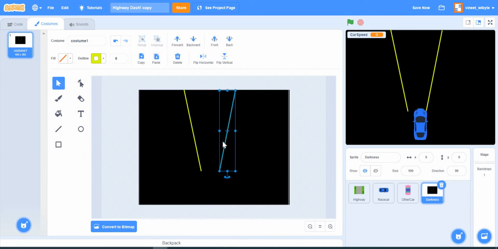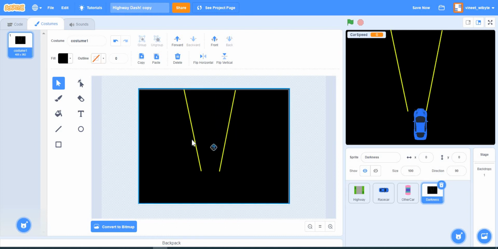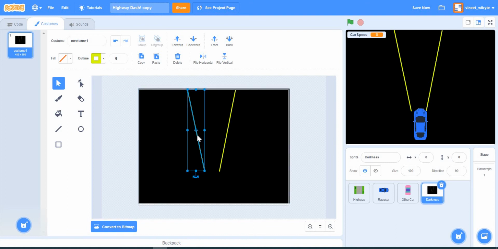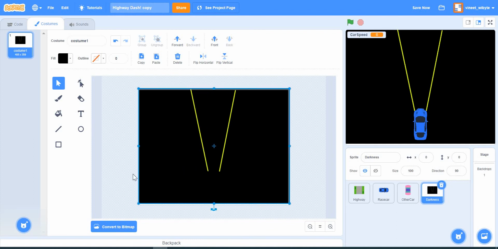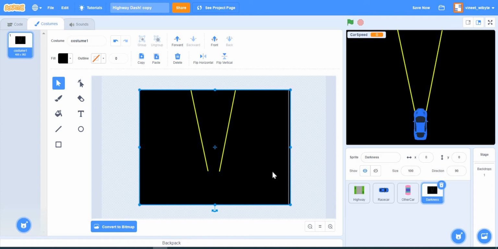So I'll just move this a little bit, it's perfect, and I'll move, oops, not the black color, but the dark line, the yellow line. So I'll move that as well, and I can move it a little bit more. All I'm trying to do is to align it with the car. With that done, this thing has moved a little bit, so I'll move this back here. Now notice it's becoming very nicely aligned to the car, and that's why I wanted the car to be visible. So I have made a beam of light which is emitting out from the car.